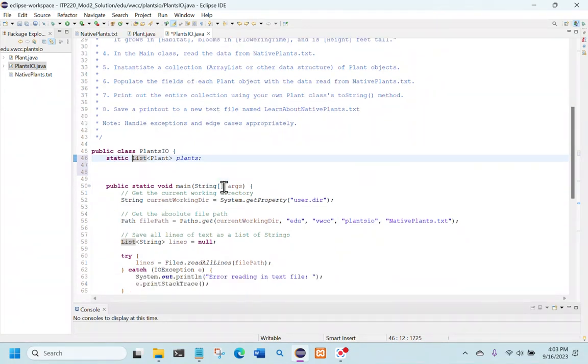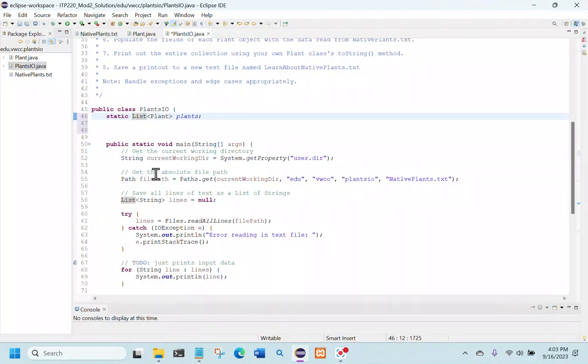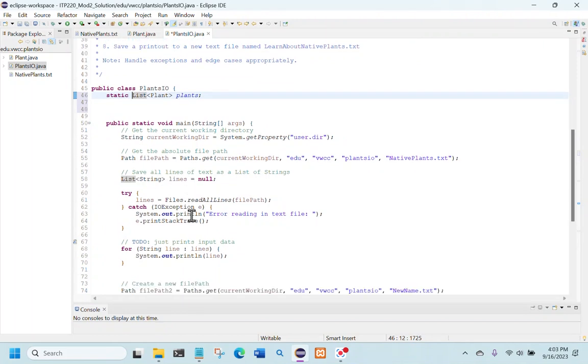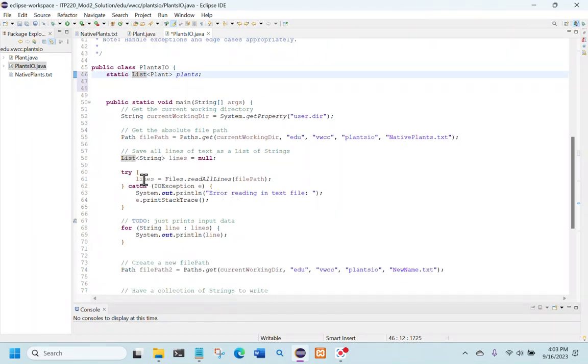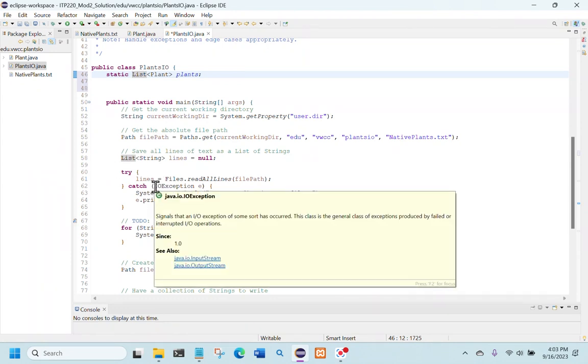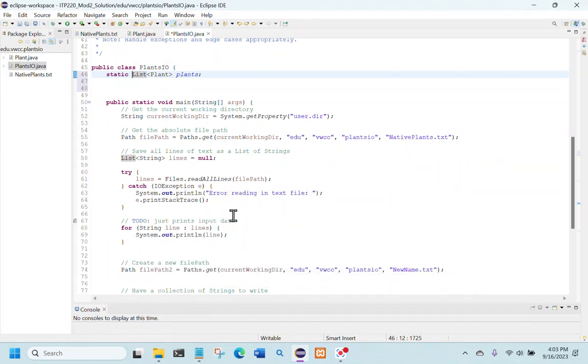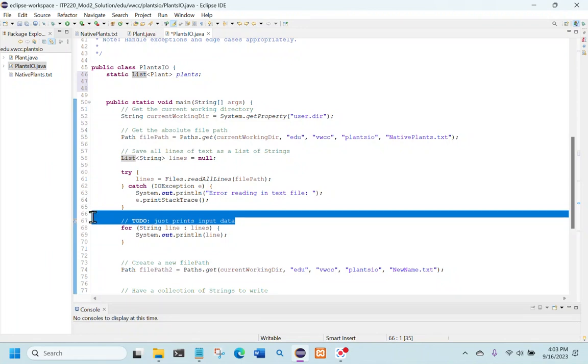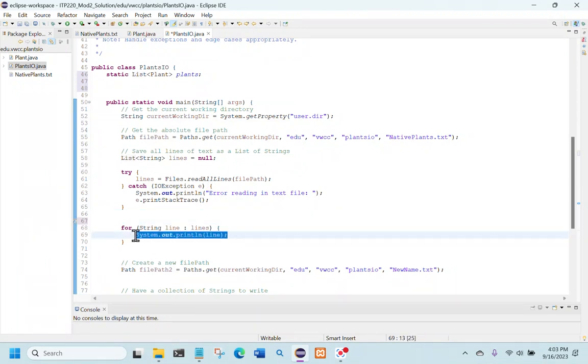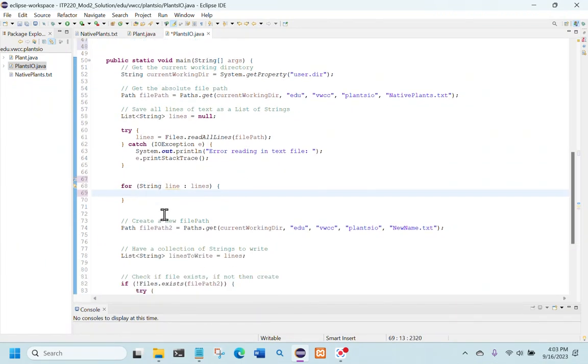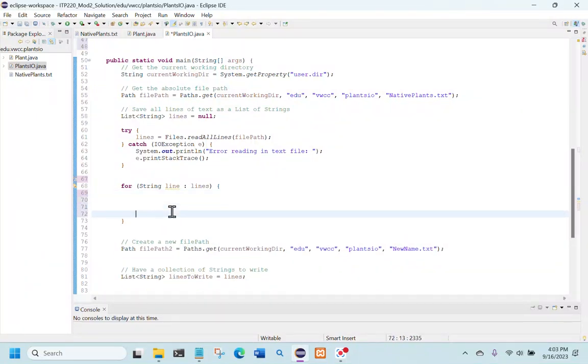So let's kind of do something similar to what we did with the states quiz. So we're reading all the lines, capture it in this lines. So we could actually just use this. So for each line in lines, we want to